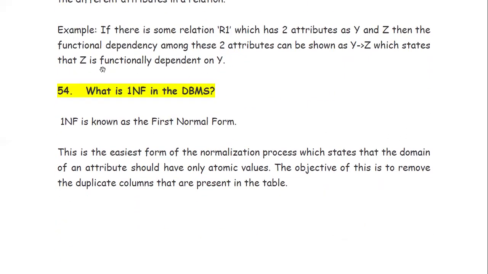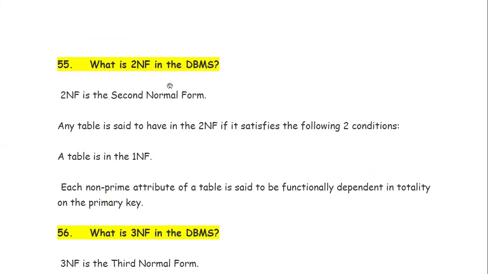Well, if the functional dependency concept is clear, let's come to the different normal forms questions. What is first normal form in DBMS? First normal form, the easiest form of normalization, states that the domain of an attribute should have only atomic values. Atomic values, right? The objective of this is to remove the duplicate columns that are present in the table. Then second normal form, if it satisfies two conditions. First, the table should already be in first normal form, that is atomicity is there,